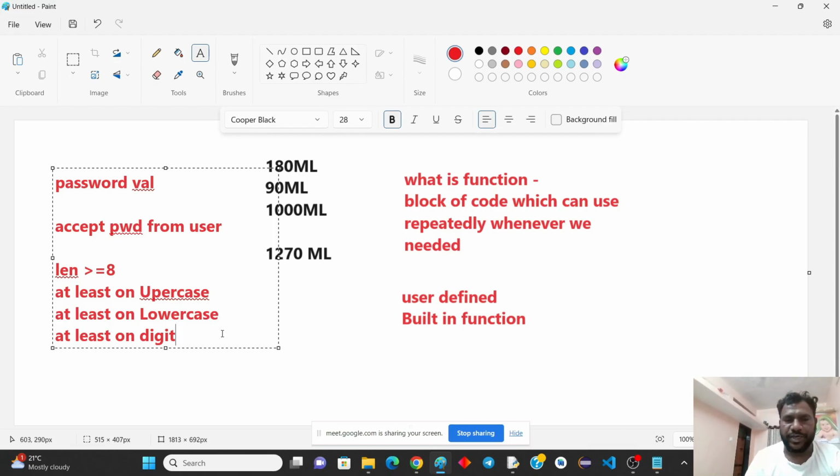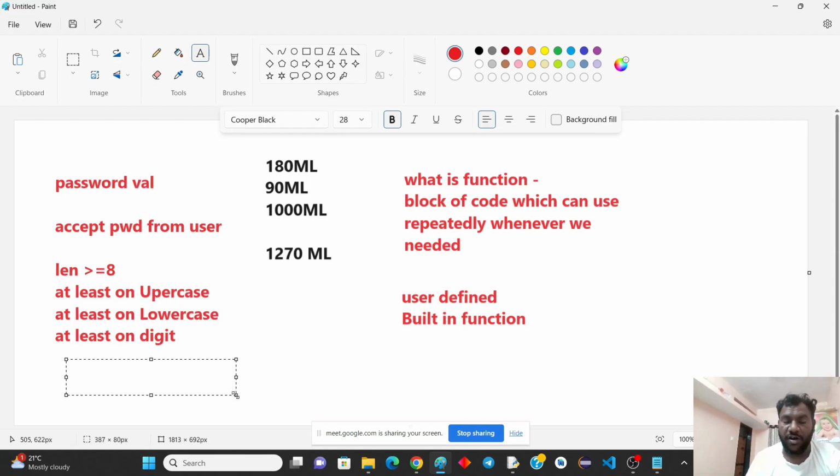Password validation. We have to accept one password from the user, which may be a combination of integers and letters, containing uppercase and lowercase letters. Accordingly, we have to check whether it contains uppercase, lowercase, and all these things together. At the end we check whether all the conditions are satisfied or not. If yes, then the password is valid, otherwise the password is invalid. There are some basic functions in strings for this. So the very first thing, step by step,